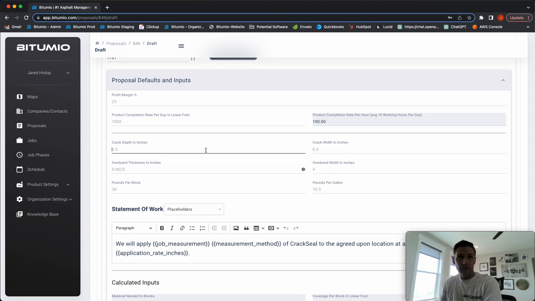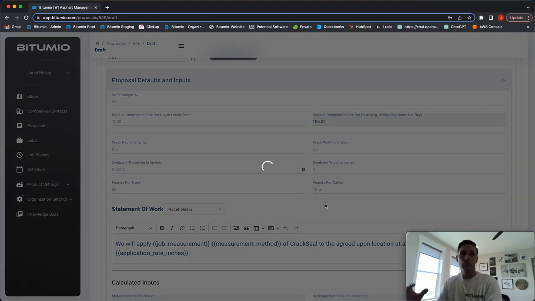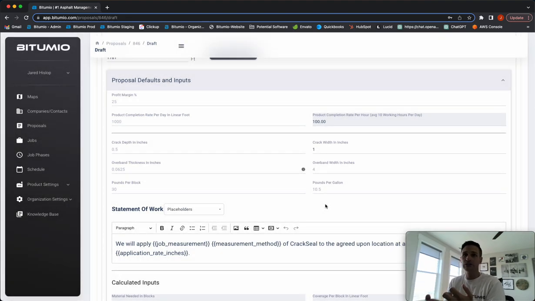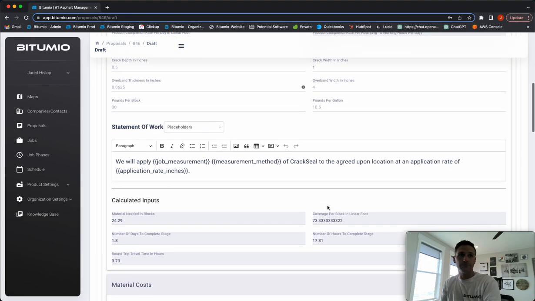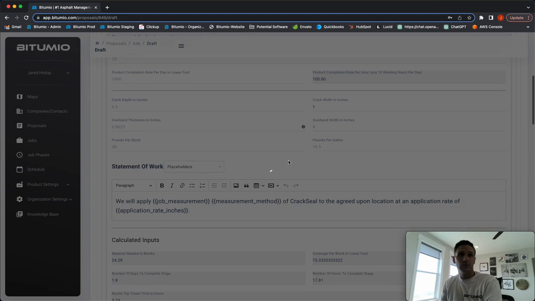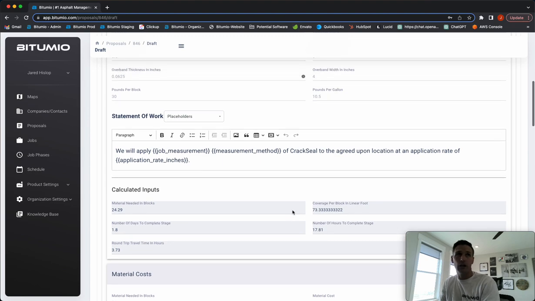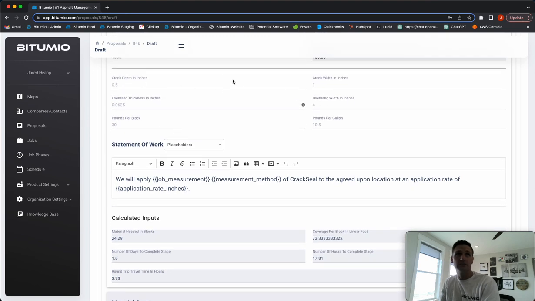You can edit these if you know that these cracks are going to be a little bit bigger, right? Let's say these average 1 inch widths, right? So now we're going to take that new 1 inch and we're going to recalculate material usage, production rate, etc. So based on your crew's production rate and the type of material you selected, we know that we need about 25 blocks. Those blocks are going to cover about 73 linear feet per block based on these settings up here,